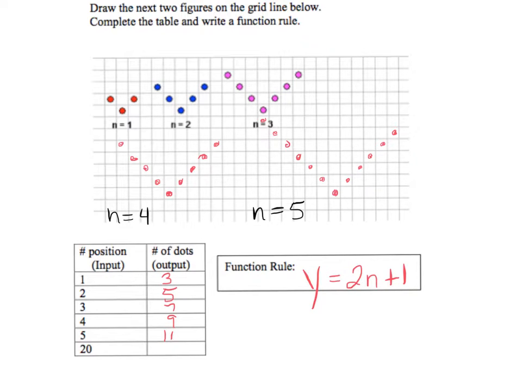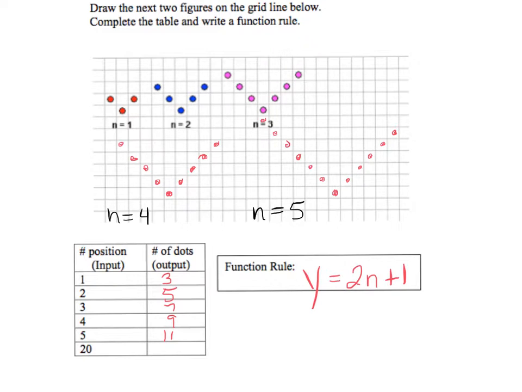Did you come up with an answer that looked anything like that? I think I accidentally have an extra dot here. Ignore this one, please. Alright, so I drew out my patterns at the bottom. What I did notice off the bat was that this side had one more than the n value. So for n equals 4, I knew I needed 5 dots here, and for n equals 5, I knew I needed 6 dots there. And then from the input-output table, I started to see there was a pattern of 2